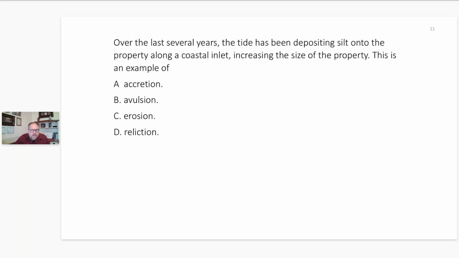All right, here's the next question. Over the last several years, the tide has been depositing silt onto the property along a coastal inlet, increasing the size of the property. This is an example of